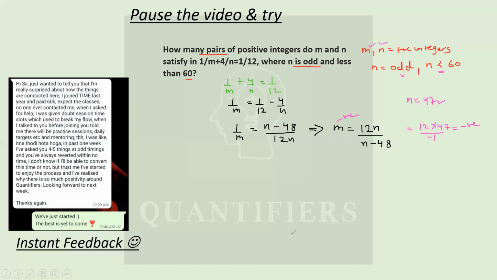So what does it mean? This basically means, students, that n definitely will be greater than 48. n की जो वैल्यू है वो 48 से बड़ी होनी चाहिए. Okay, I hope this point is clear to everyone. So students, now we know that n is greater than 48 and n is odd. Now we need to check very few values. We need to check only n is equal to 49, 51, because n is odd, so 53, 55, 57, and 59. These are the only values we need to check.